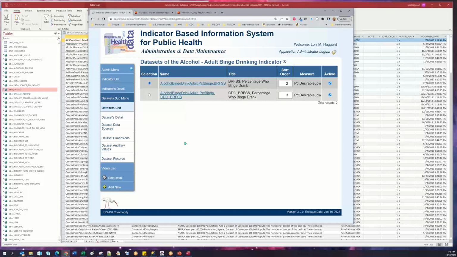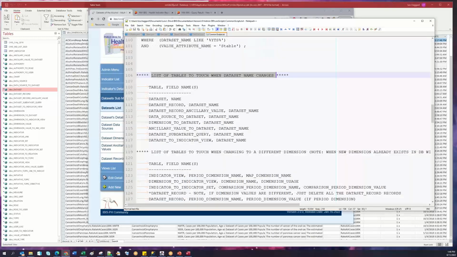So here's one where I think it's probably not worth my time. It would have been nice if I had, and I am using percent desirable low now for binge drinking instead of percent binge. But as the unique identifier for the data set, it would,